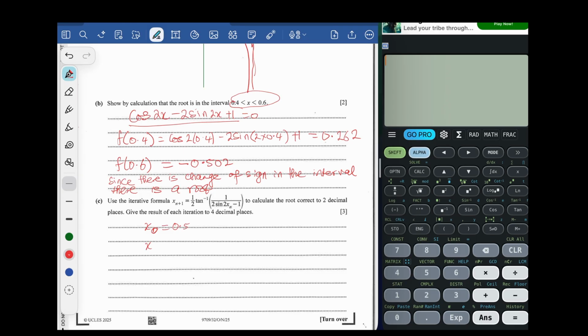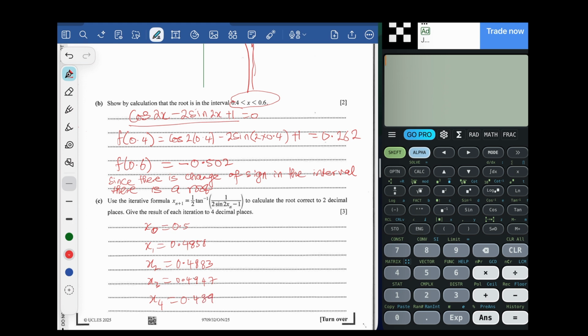To find x1, you put 0.5 where there's x. That will give you 0.48858. Then you put this value in and see what that gives you. This is 0.4883. x3 becomes 0.4947. x4 becomes